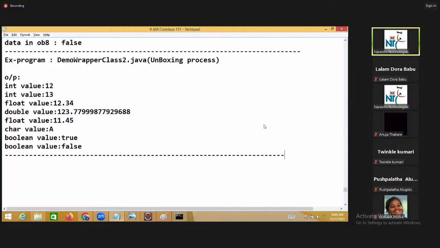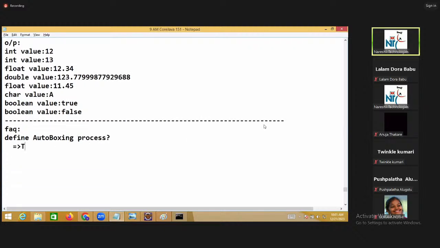Now a new concept came. We call it the auto boxing concept. Make it FAQ. Define auto boxing process.